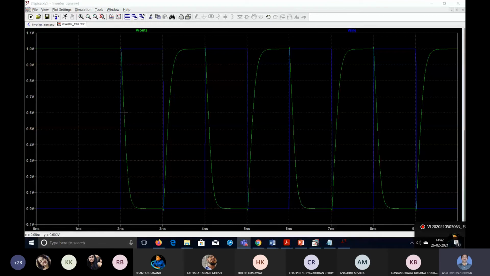It is called TPHL because the output pulse is going from high to low. So high to low, this is why HL is coming. H means high, L means low. So TPHL, we are finding the difference at this point. What is the time at this green point and at the blue point? These differences are calculated, and this is called TPHL.